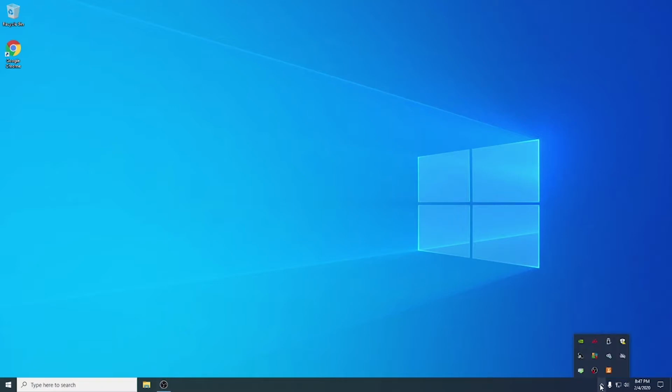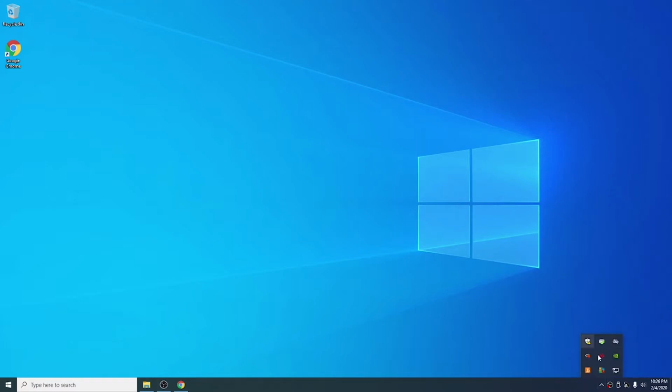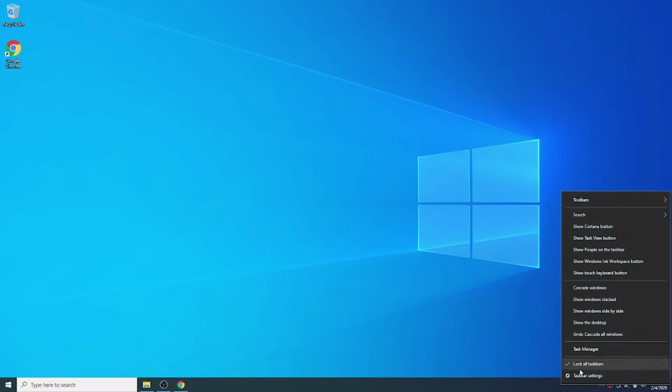Alright, so you can see that if you click on this icon here, it will tell you what's running in the background. So you have the option to get rid of things on the taskbar and move them to this tray here. If it is set up to be on here, you can't take it off. You can move them around, so if you want to focus on these three, then you can move those down. Also, you have a few options to display these icons on the taskbar or put them in the tray, and I'll show you how